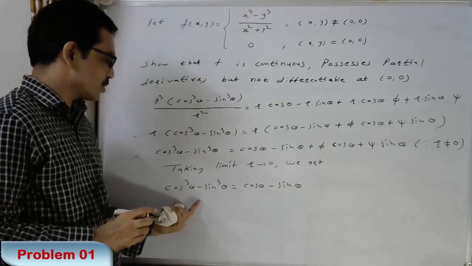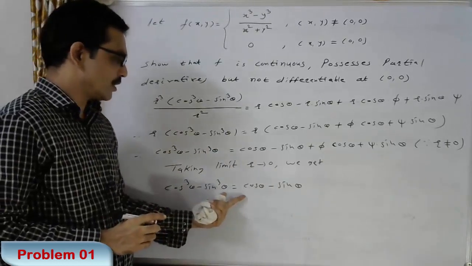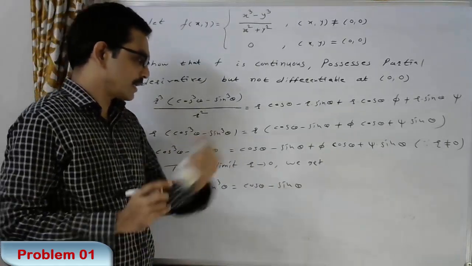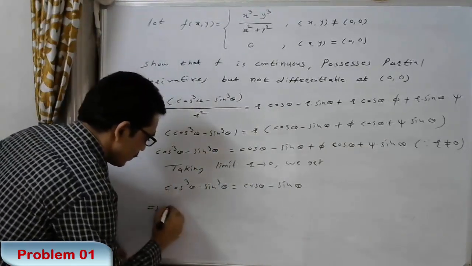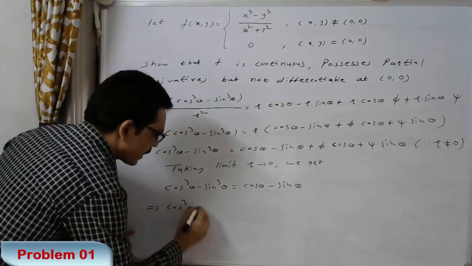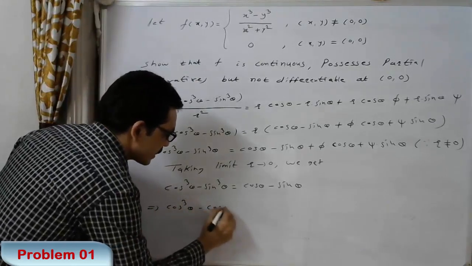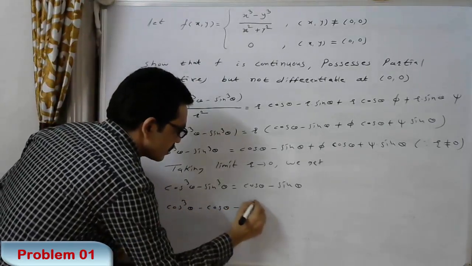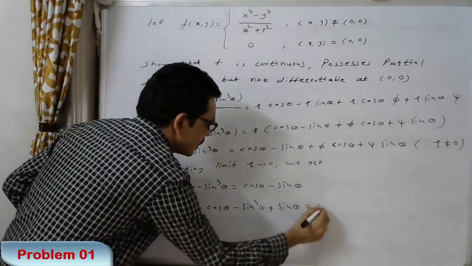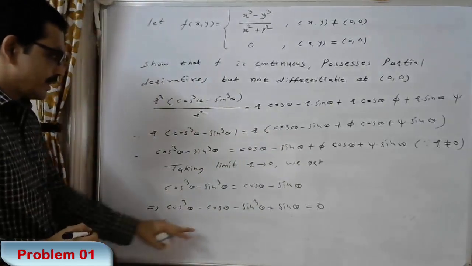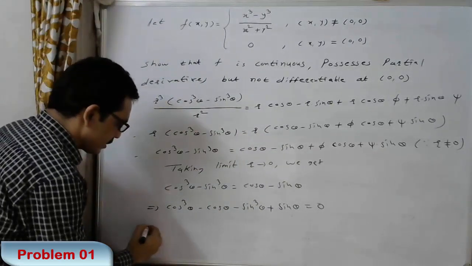Then we get cos cube theta minus sin cube theta is equal to cos theta minus sin theta. Then this implies that cos cube theta minus cos theta minus sin cube theta plus sin theta is equal to 0. Then by simplifying we get